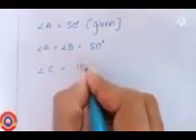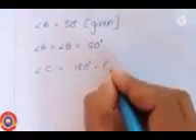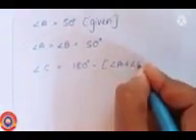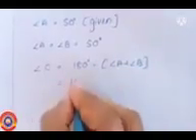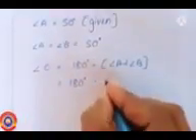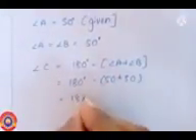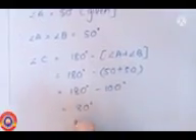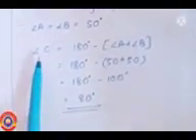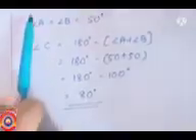And then using this, we can find the third angle in this triangle, that is angle C. Angle C is equal to 180 degrees minus (angle A plus angle B). That is equal to 180 degrees minus (50 plus 50), which is equal to 180 degrees minus 100 degrees. That is equal to 80 degrees. Now we have found all the three angles of the triangle ABC.